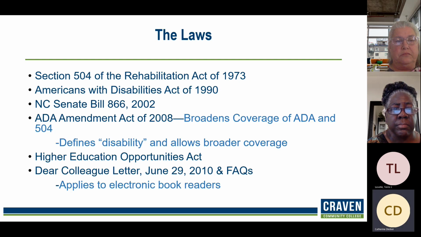I'm not going to go really deep into the laws because I feel like that's some research we can all do on our own, but I did just want to point them out. It is the college's policy to comply with disability laws by providing reasonable modifications in its rules, policies, and practices, and by removing architectural, communication, and transportation barriers.